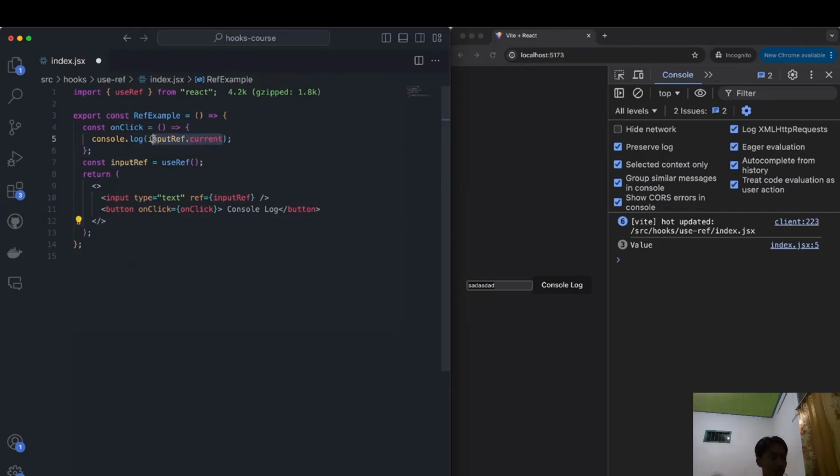And the best part is that whenever you update a .current of a ref, which by the way is literally what a ref is, an object with a current property inside of it,